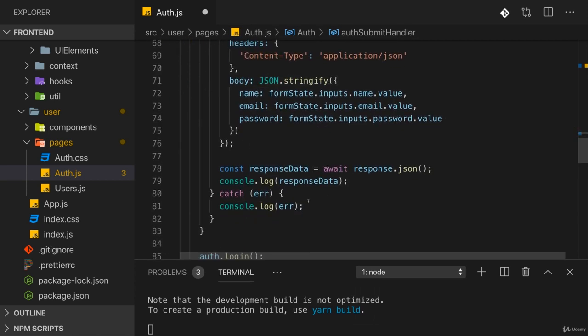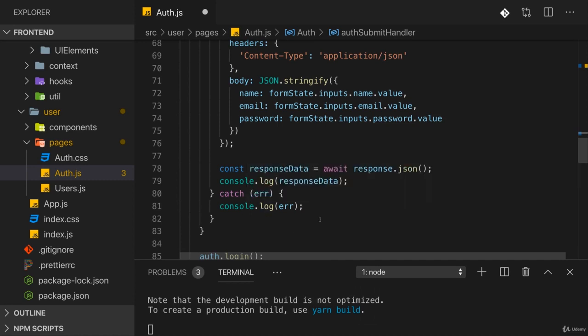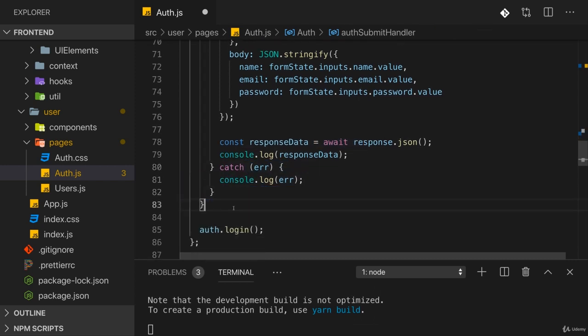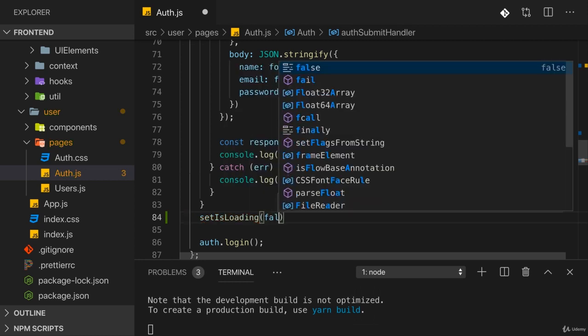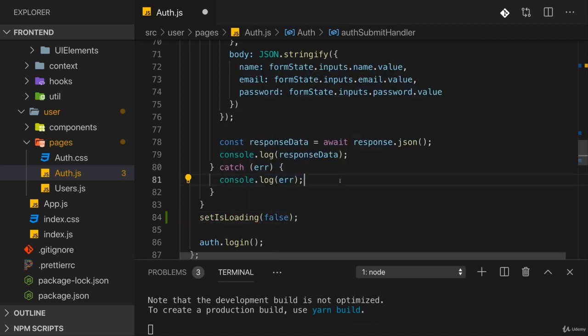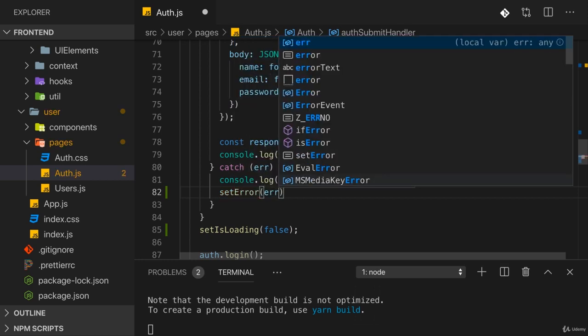Now, once we got our response, I of course want to set isLoading to false again. And no matter if we got a response or an error, loading is definitely done. So at this point here, I want to set isLoading to false. Now, if we do have an error, however, I want to call setError and set this to, let's say,